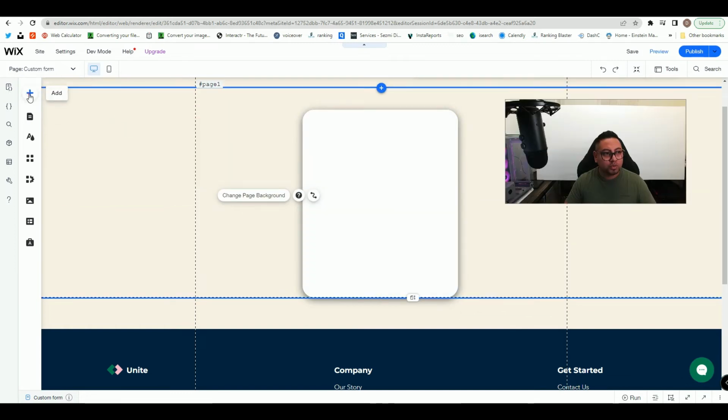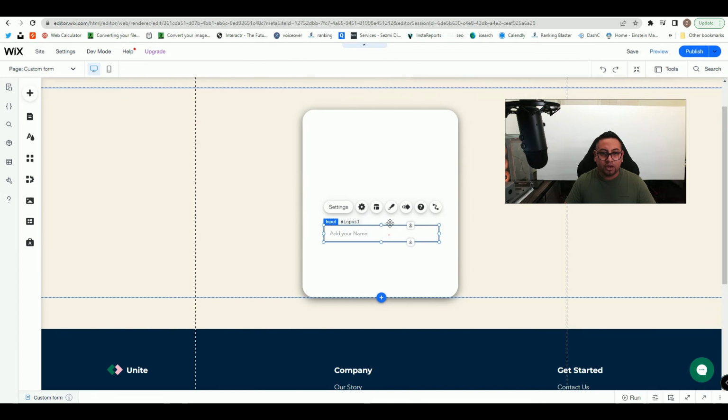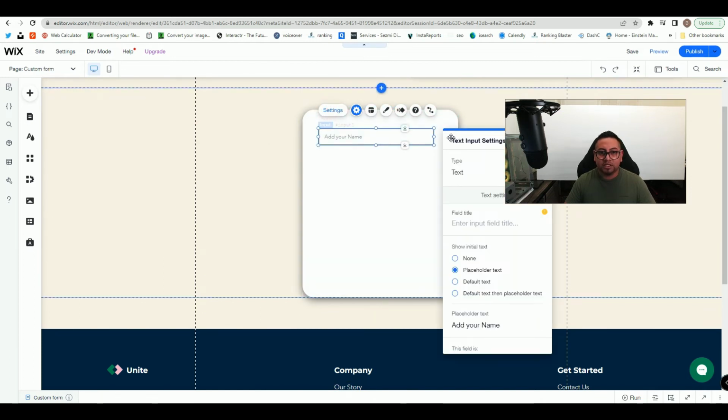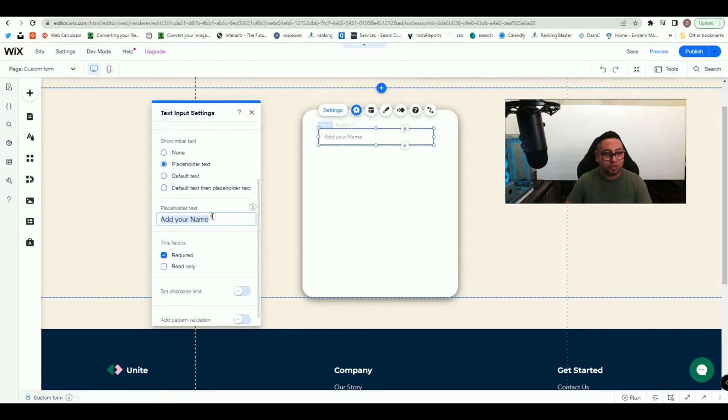Then we're gonna go to add, gonna go under input, and then we're gonna add this option right here. So we're gonna attach it to the box, and then the settings. As you can see, you'll have a few more options. You can still use the title if you want. So you can do something like this, and it will have it at the top. But if you don't want to, you can leave it empty, and this little error that's showing won't affect your form. So here we can just do first name,